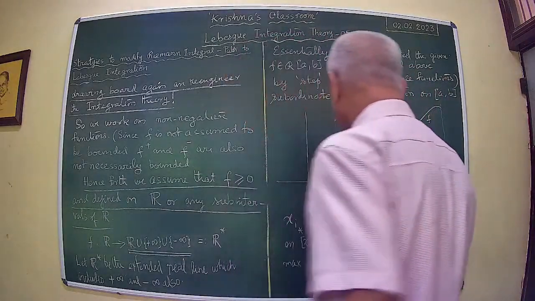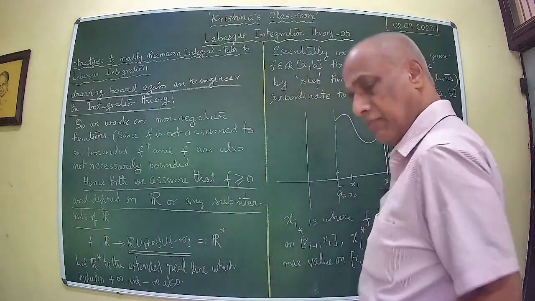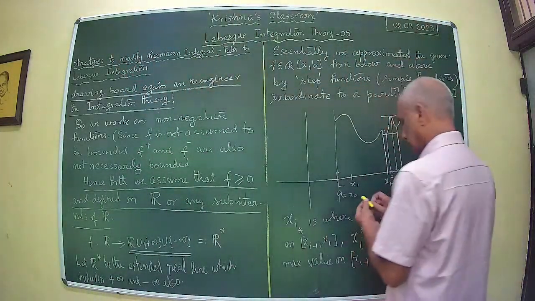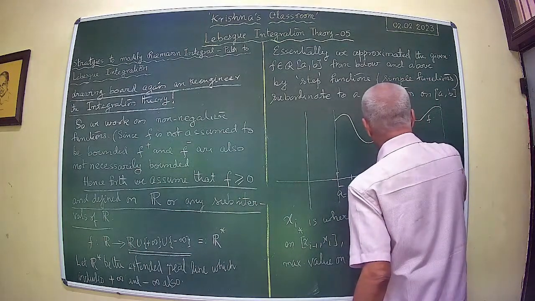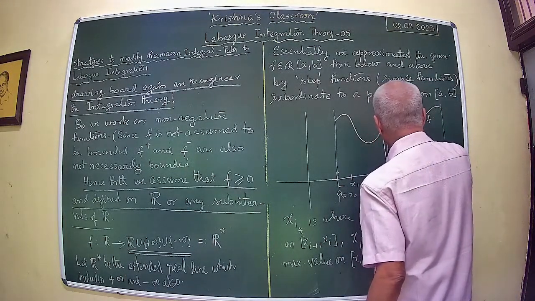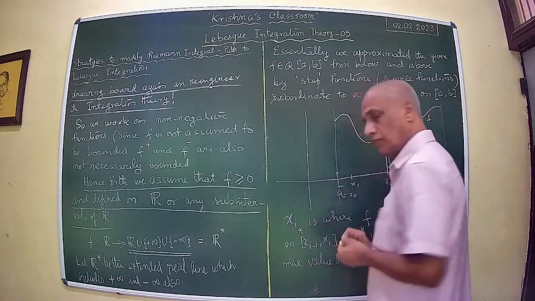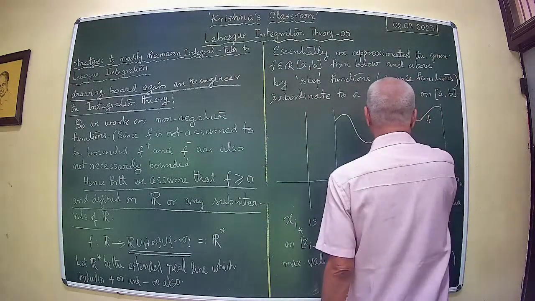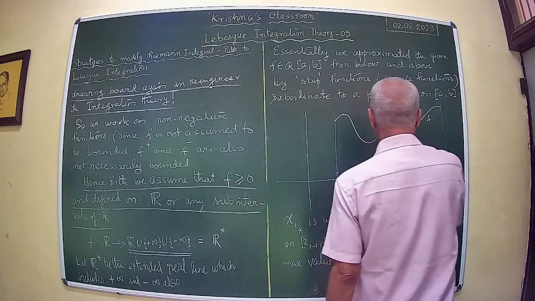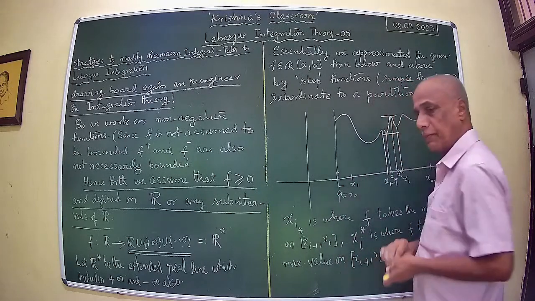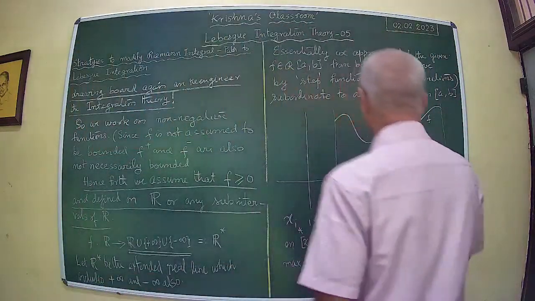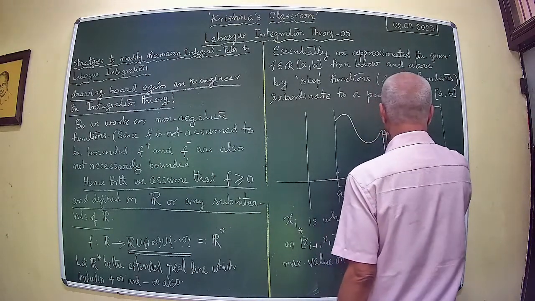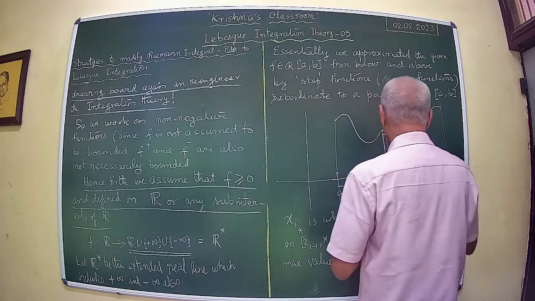Then what do we have? See, we were approximating this piece of the function. This piece of the function we had been approximating in 2 ways. One, of course, by this path, and on this portion, we were approximating by the function to be taken as capital Mi. So this is your small mi,